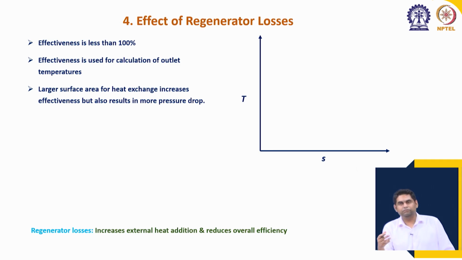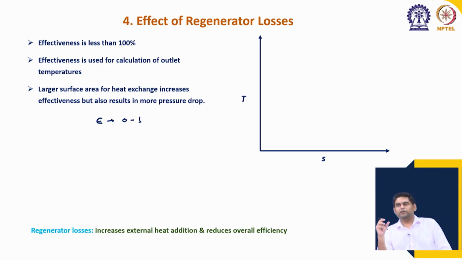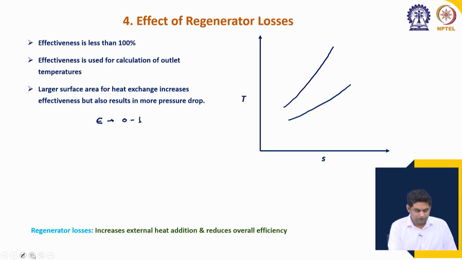So, we have already defined a parameter called effectiveness, which has a value between 0 and 1. This effectiveness was defined as the actual temperature rise divided by the theoretical maximum temperature rise possible. So, we will draw that and we will again confirm that. I will ignore the pressure losses now to keep the diagram simple. So, in these cases